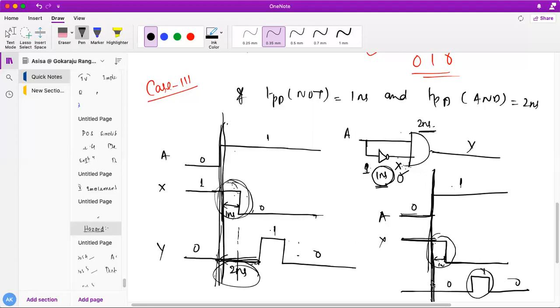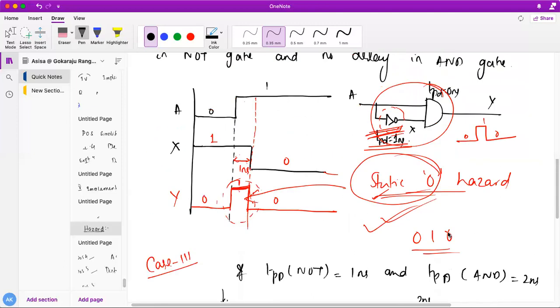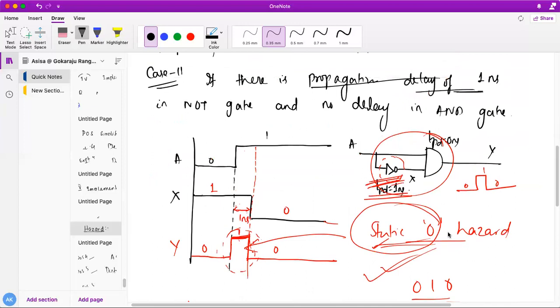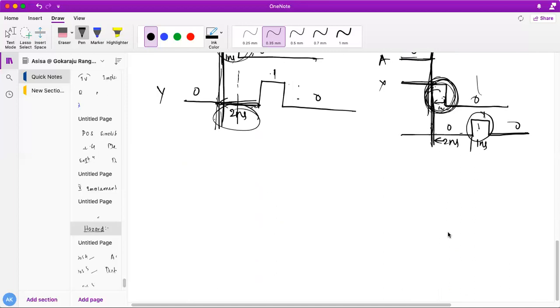Next what will happen here? Again I am getting 2 nanosecond. After 2 nanosecond I will be getting output, but here initially at x I am getting 1 nanosecond of delay over here. Obviously that will get affected to my output of AND gate. So after 2 nanosecond I will be getting output of only 1 for 1 nanosecond. Then after that it will follow this output, 1 and 0 is 0. So this is called static zero hazard. So there are 3 cases I have taught you. You can see here what is happening. This is after 1 nanosecond I have got. Because of this I have got static zero hazard. There are the 3 different cases.